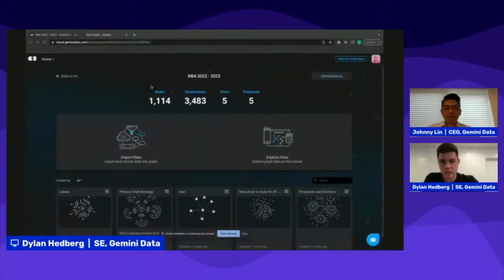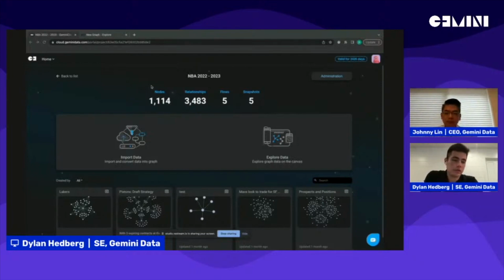we're going to explain each one before we hop into the exploration canvas. So with these two demos, we're going to start off simple. We're going to use a more fun use case. For this use case I have pulled up here, we have an NBA data set example from the 2022 to 2023 season. And this data was collected prior to the trade deadline this season. And our aim was to help teams figure out what they need to do to help their playoff push or find the direction they want to go in the off season.